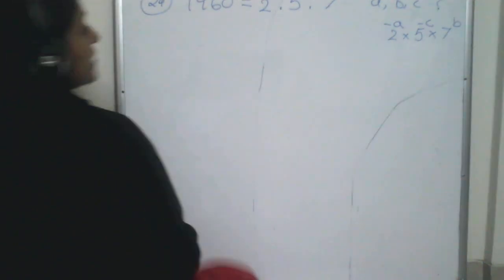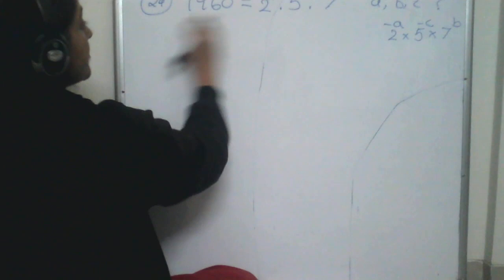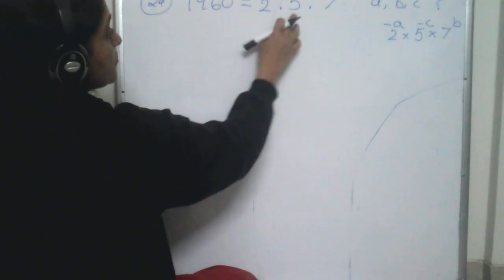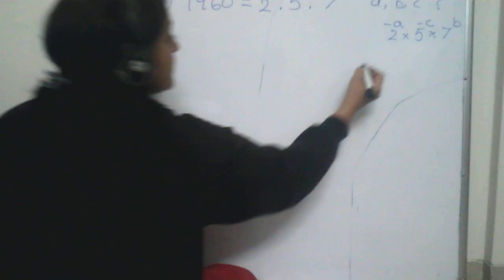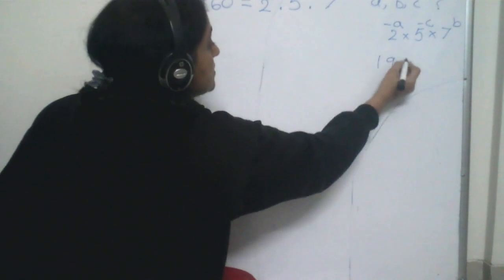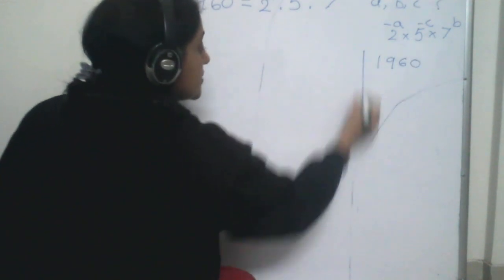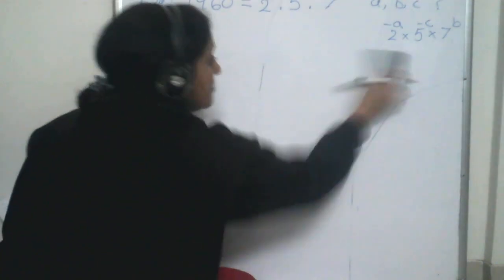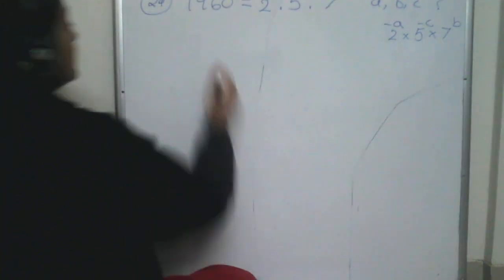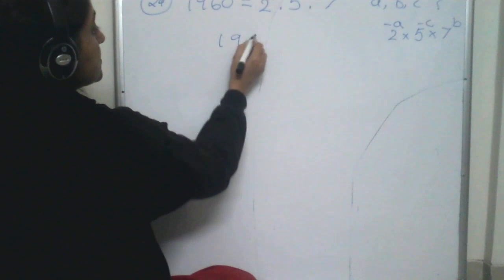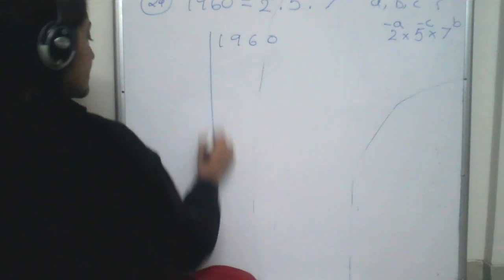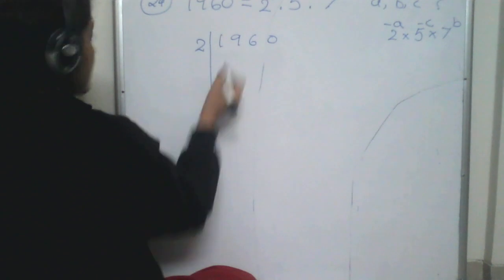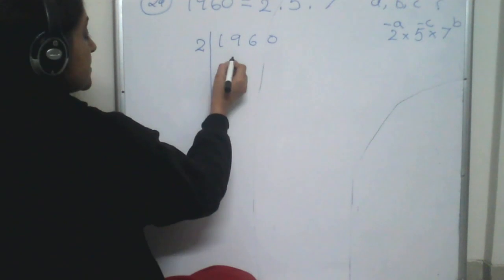So to find that, what we are supposed to do is first find out whether this 1960 is a product of 2, 5, 7 in the multiple. I will only do it on the main page, then you will not make that mistake. So 1960, find the prime factors. If you start from 2 to